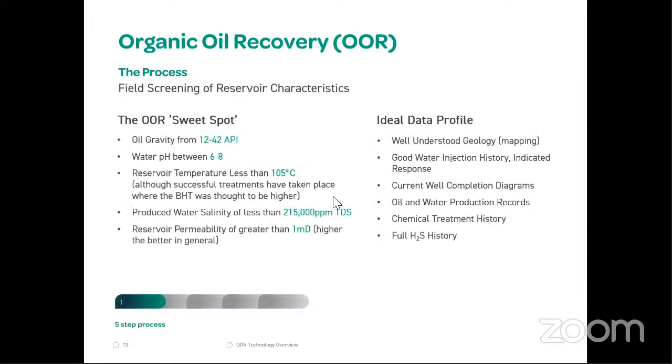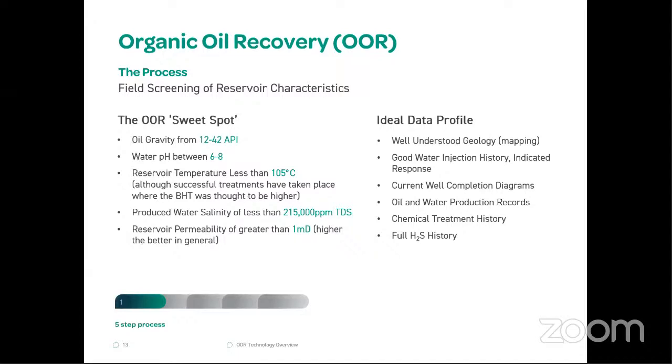For organic oil recovery, we have a sweet spot. We can see whether either this well or the reservoir will work under this technology or not. We have a very wide range of oil gravity, from 12 API to 42 API. If the oil API is from 12 to 42, this technology will work. And the water pH is from 6 to 8, which is quite neutral. The reservoir temperature should be less than